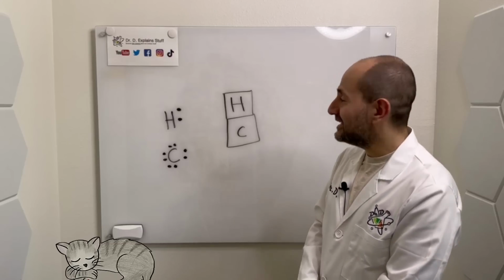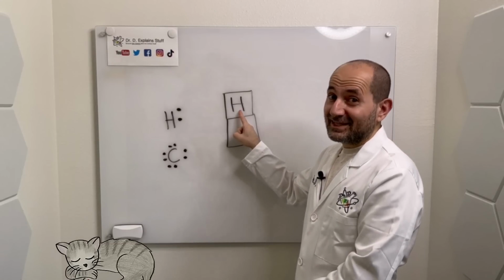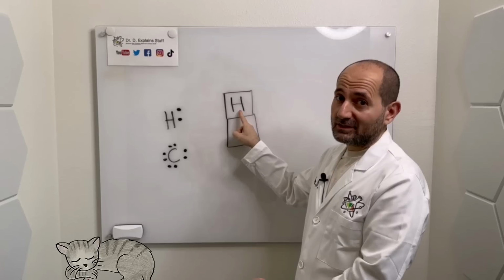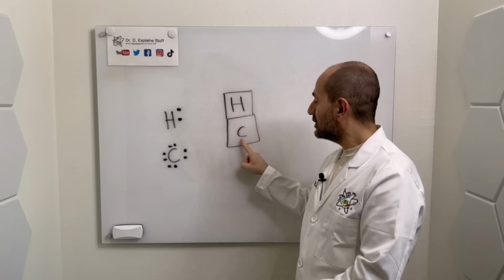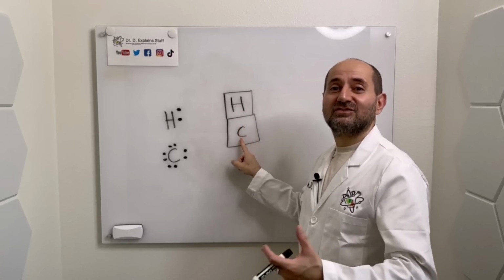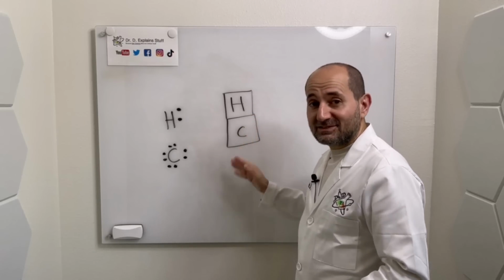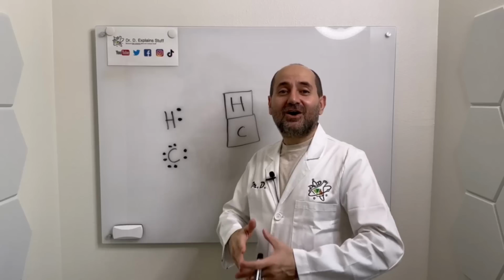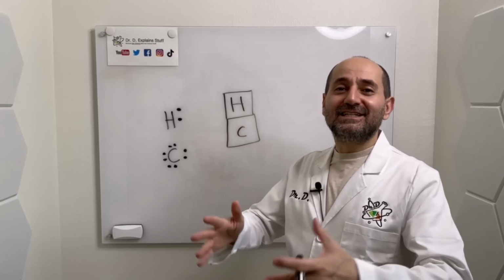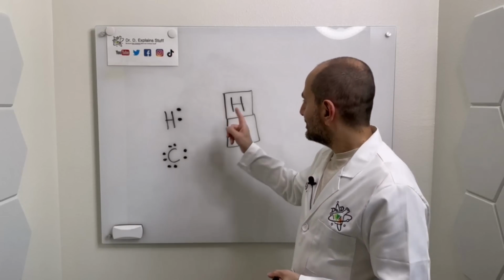You see where I'm getting? Hydrogen is half full. It has 1 electron. It wants 2. Carbon is half full. It has 4 valence electrons, and it wants 8. The elements that are half full are going to be equally greedy for electrons. Whereas hydrogen, if